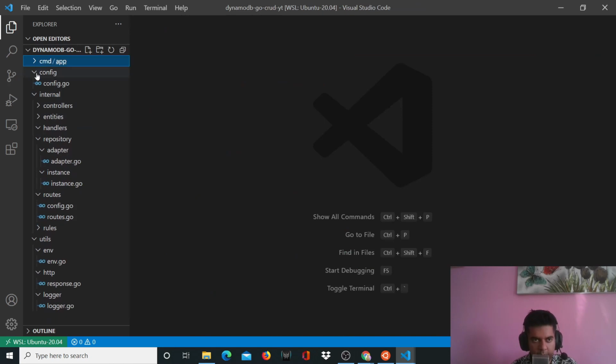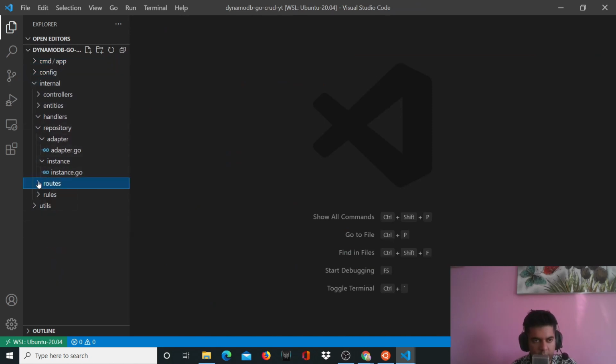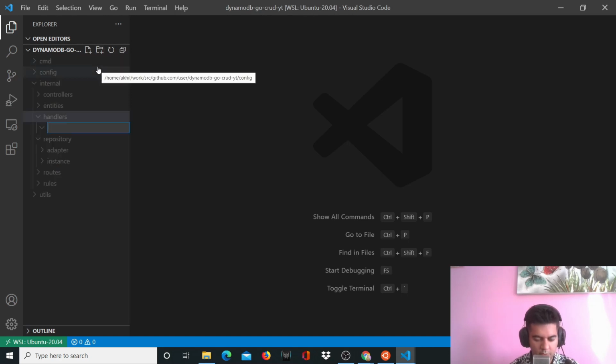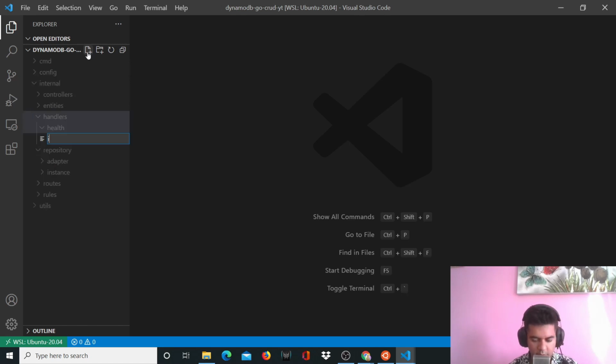So just collapse these and collapse your utils also completely, your routes also, and I want to start working on our handlers now. So now you want to start working with handlers. You want to create 2 folders. One is going to be called health. Then you want to create one file called interface.go,